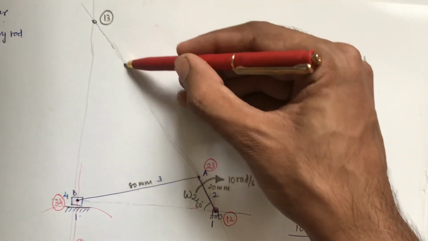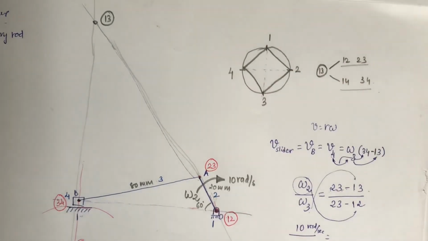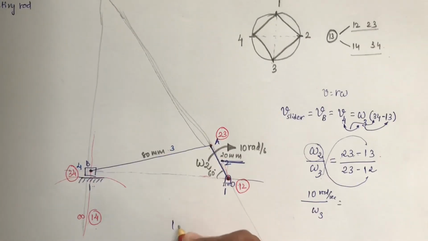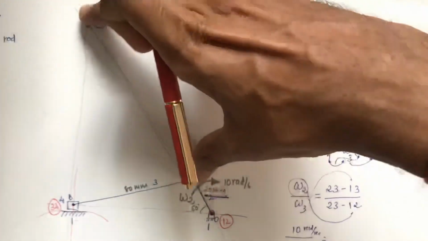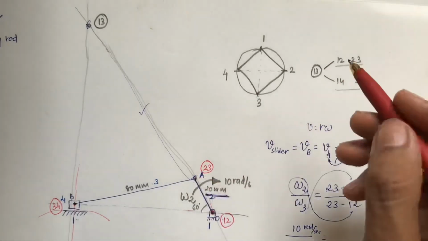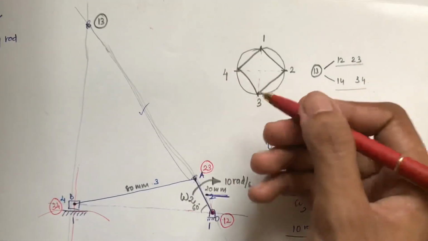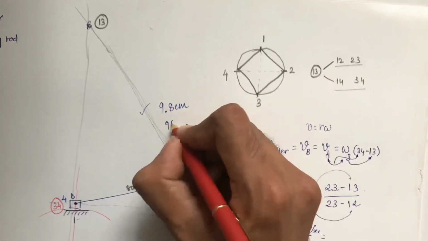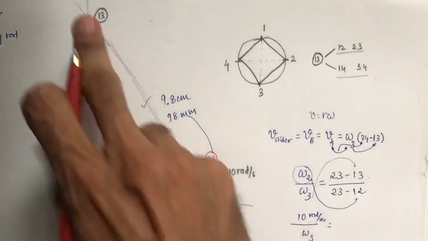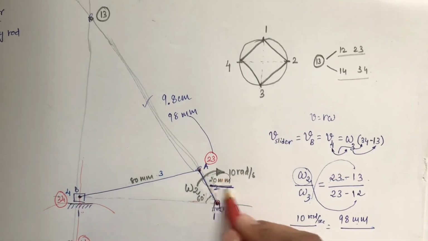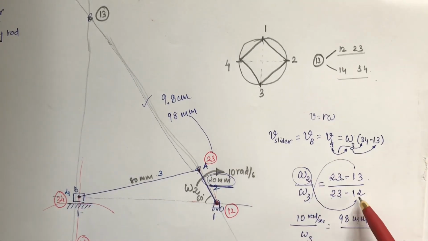So measure this 1 3 to 2 3 and convert it into scale. Here 20 mm is given and I drew 2 centimeter, so our scale is 1:1 only. You can measure the dimension between these 2 points using a scale also. Let's say it is 9.8 centimeter, so according to our scale it is 98 mm, from 2 3 to 1 3. So 2 3 to 1 3 is 98 mm using the original scale value.